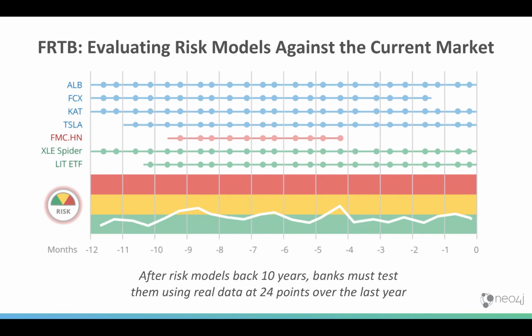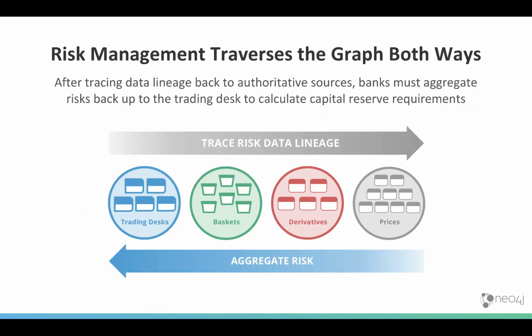And as you can see, as time passes, these price points keep changing as you remove a price point from the trailing months and add price points for the new months as they come along. So again, that lineage is fairly dynamic. And the risk level needs to be maintained in that green zone for the most part for the risk model to hold. And if risk at any point goes into the red zone, then the risk model will need to be re-reviewed and resubmitted. So to summarize again,